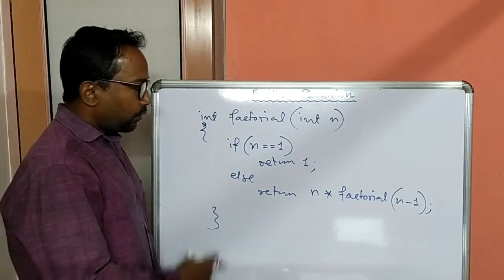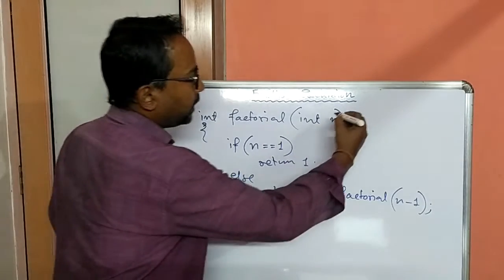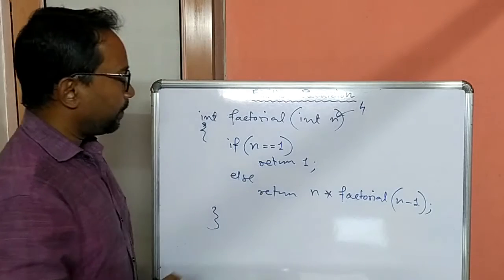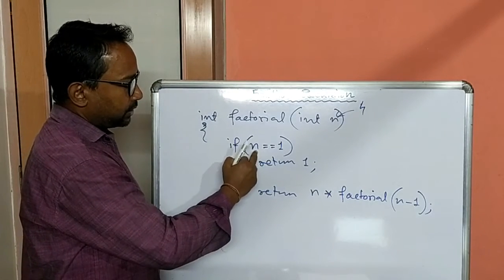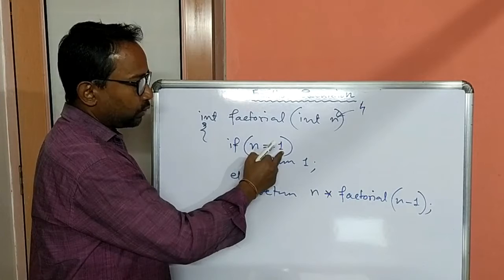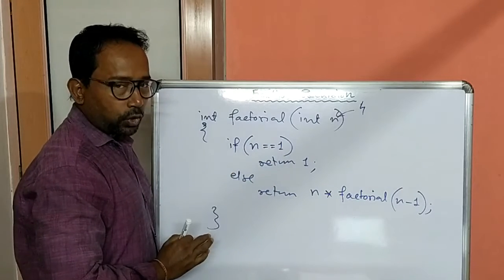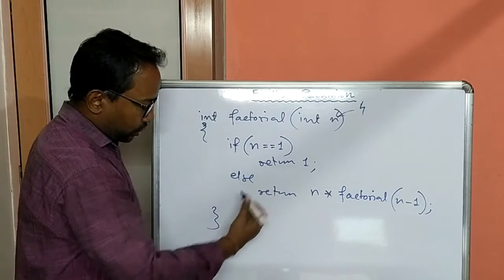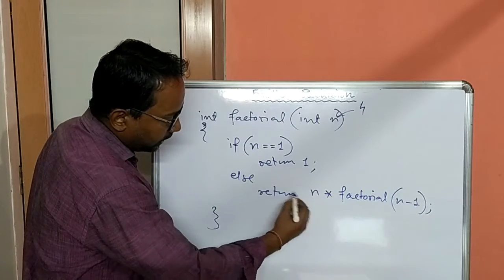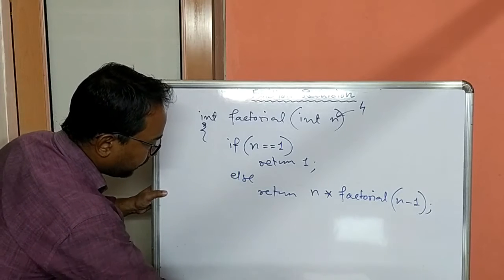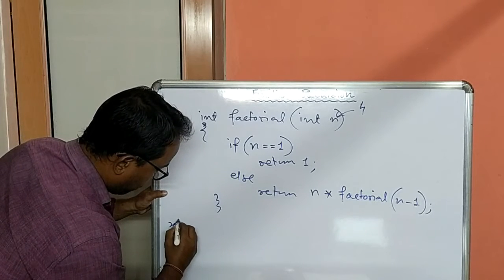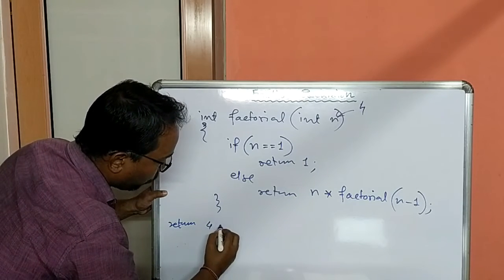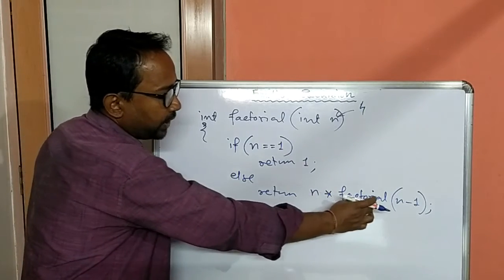Okay. Now what will happen here when we are giving one input for n? Suppose it is 4. So first time it will check the condition, n is equal to 1 or not. 4 is equal to 1, no. So this return statement will not execute. Then control will come to this else part to execute this return statement. So in this return statement we are getting what? Return n into, n for now 4 into, but we are not getting any value.